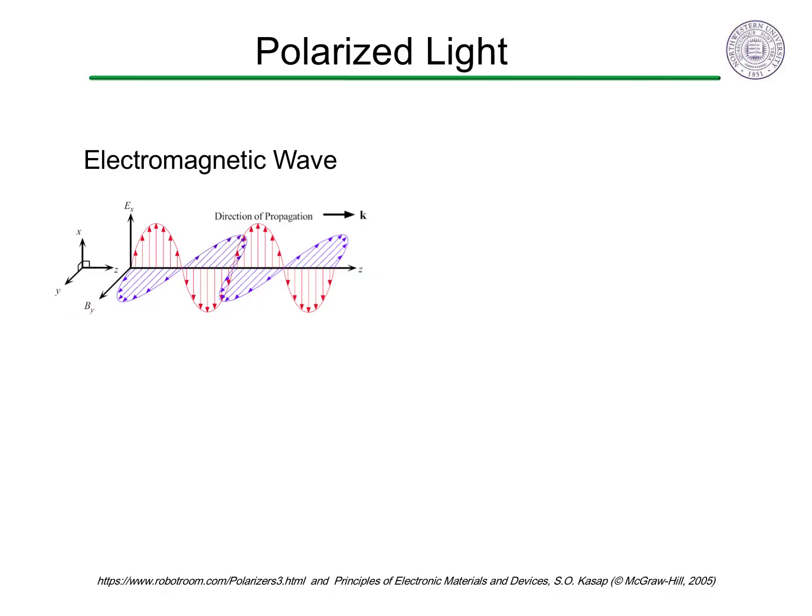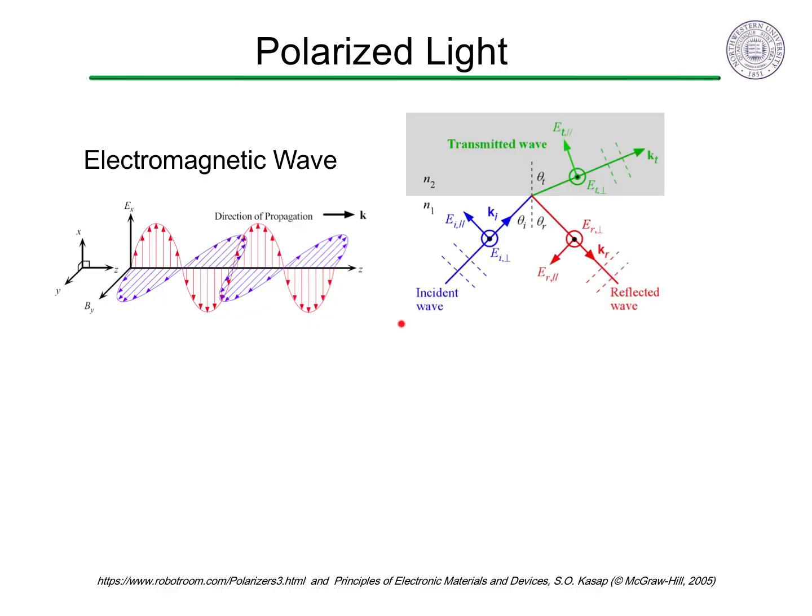This leads to different responses when either the situation or material involved is not isotropic. For example, even light reflecting off glass interacts differently depending on whether the electric field is parallel or perpendicular to the interface normal. The reflection angle is the same for each polarization. Angle of incidence equals angle of reflection, but the intensity, how much the light is reflected or transmitted, can be